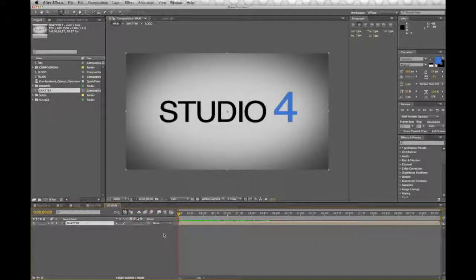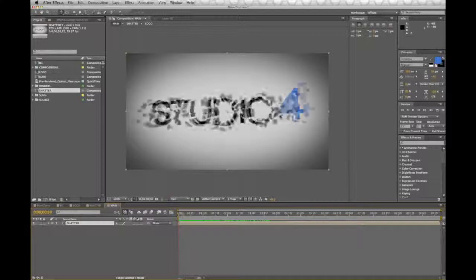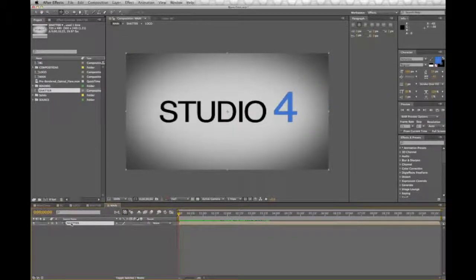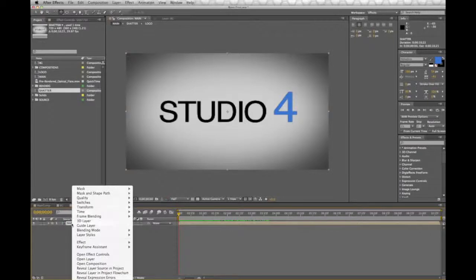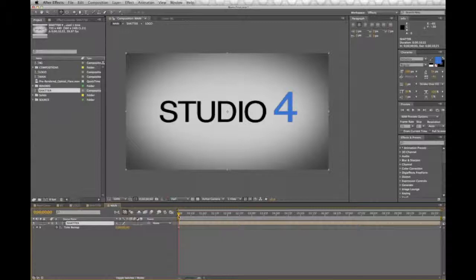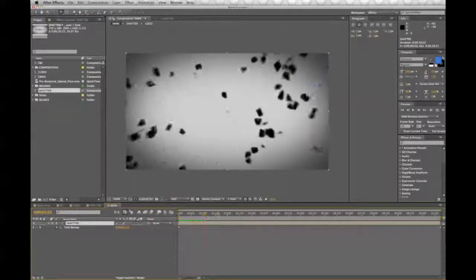Sucking together. Now let's go ahead and address that problem I was mentioning earlier about how it's going backwards. There's a pretty simple solution to fix this problem. If you right click on Shatter, go to Time, hit Enable Time Remapping, and we're going to scrub forward a little bit